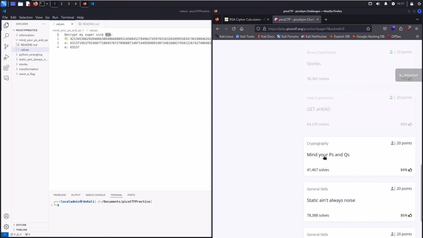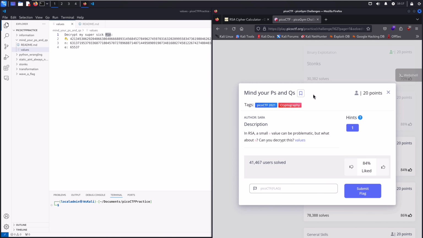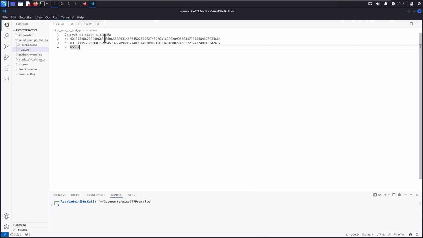I haven't made it that far, but I just did this one, Mind Your P's and Q's. It wants you to basically decrypt the RSA algorithm. Basically, the keys, the numbers chosen, aren't big enough. So the idea is to reverse engineer what the encrypted value is. So this is the Mind Your P's and Q's here. And then if we go and download it here,